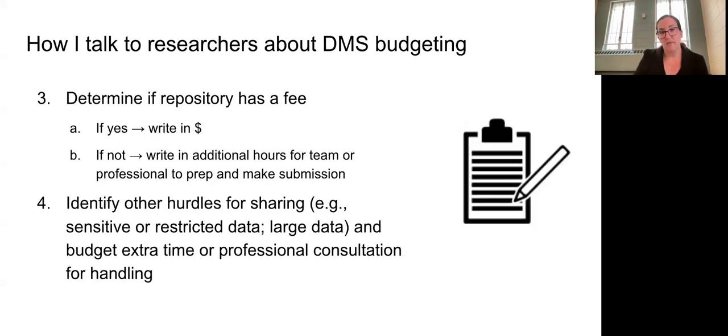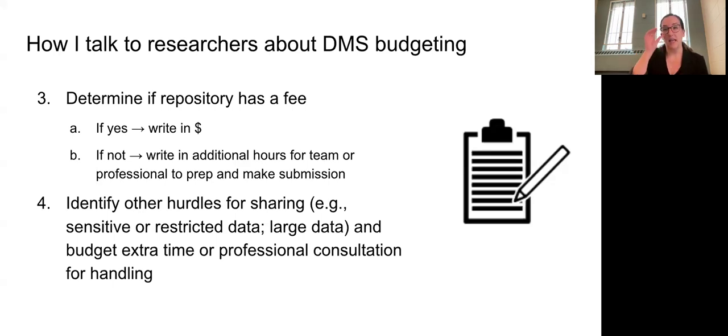Next slide. The other thing is about where they plan to share. The nice thing about NIH's new requirements is they do require you to pick where you're going to be sharing as you're writing your data management plan, which helps with costs. If a repository has a fee, like Mikala said, that's an easy cost. Write that in under data management. If not, that doesn't mean that curation and doing all that stuff is free. It means that you'll be doing it in-house. So thinking about that time to organize files, to set it up, those are all things that take time.